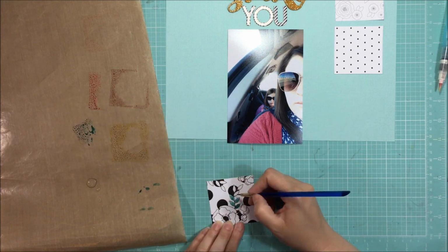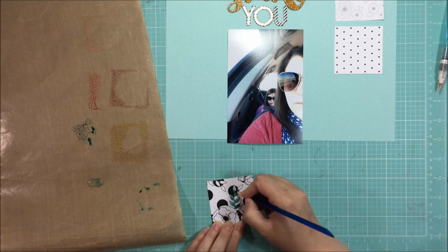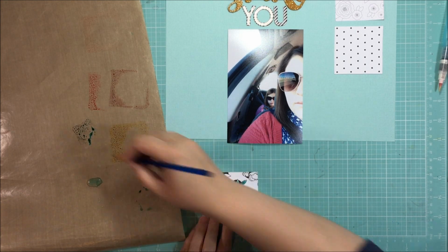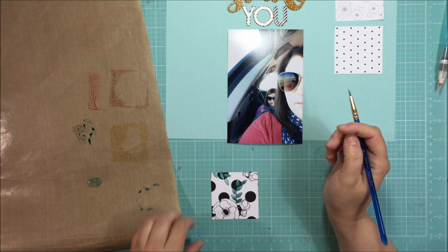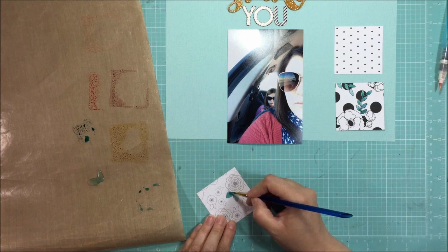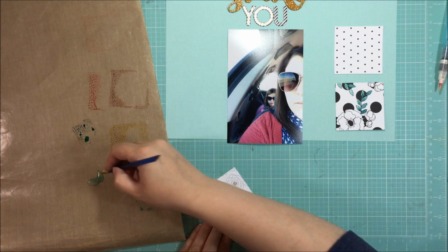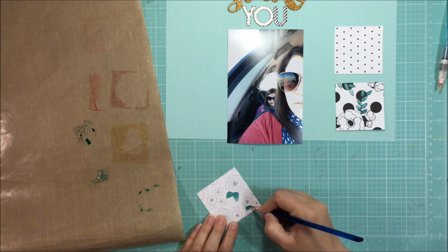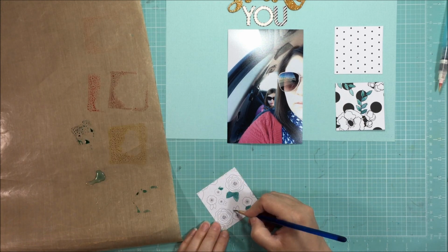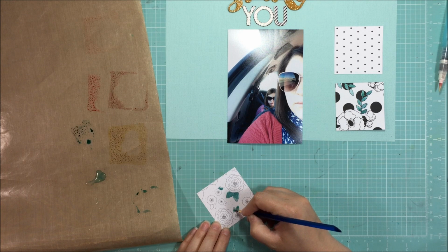So I'm just using some water and a paintbrush to apply these inks, and I love Distress inks for techniques. They're not a good ink pad really for stamping, but they're great for using as a watercolor replacement or for various techniques. So I'm just coloring in the leaves with the Evergreen Bough,